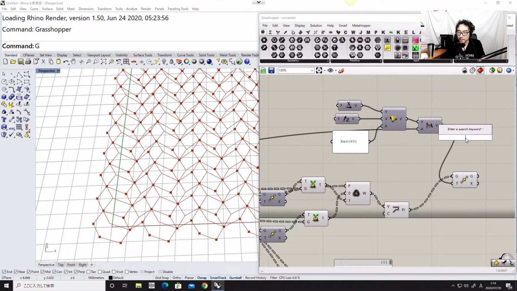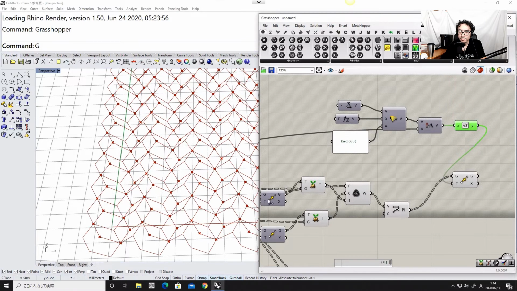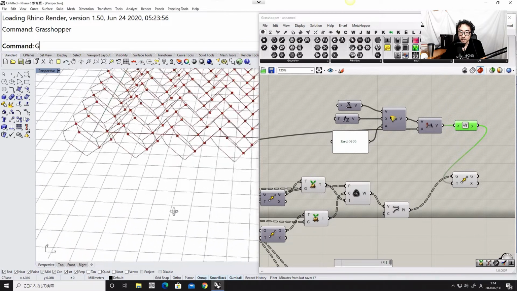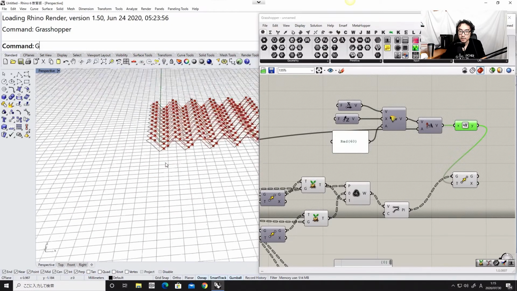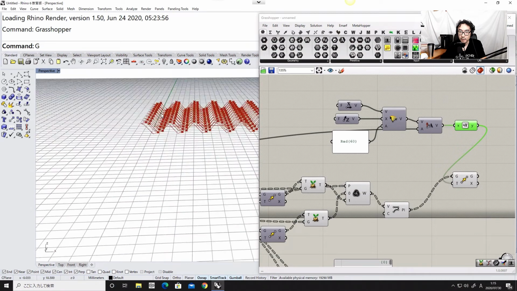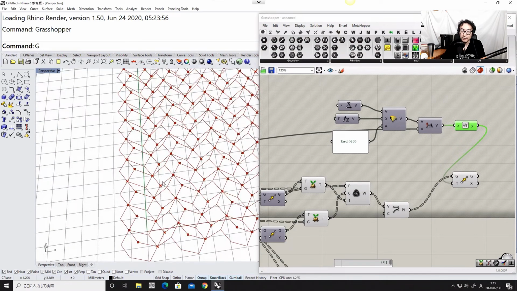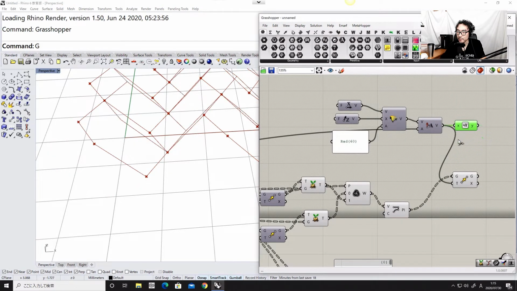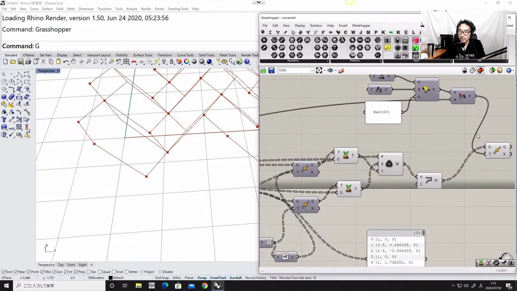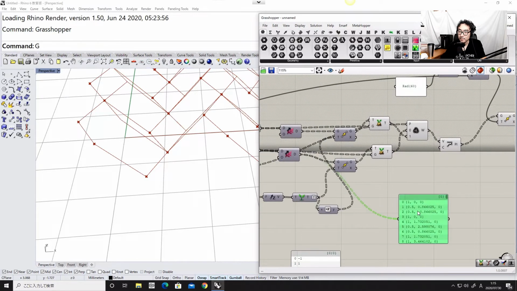Let me try using negative for this one. Okay, I might need to flip the direction which way it goes up and down, so I'm gonna make this, and to do that